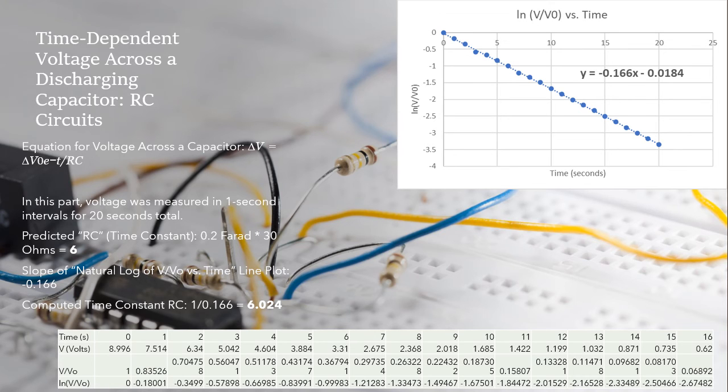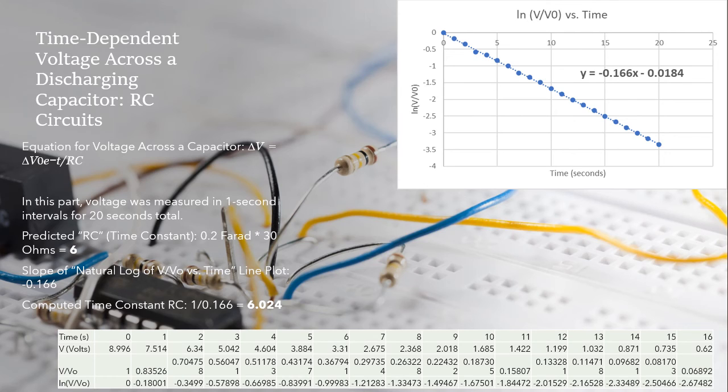Finally, we come across the time-dependent voltage across a discharging capacitor, especially dealing with resistor-capacitor circuits. The way this was done was to first, in a resistor-capacitor circuit, charge our capacitor to its maximum voltage, unplug the battery from the circuit, and then just let the current discharge for 20 seconds until it reached approximately 0. Then I took the different measurements of the volts for each second for 20 seconds, divided